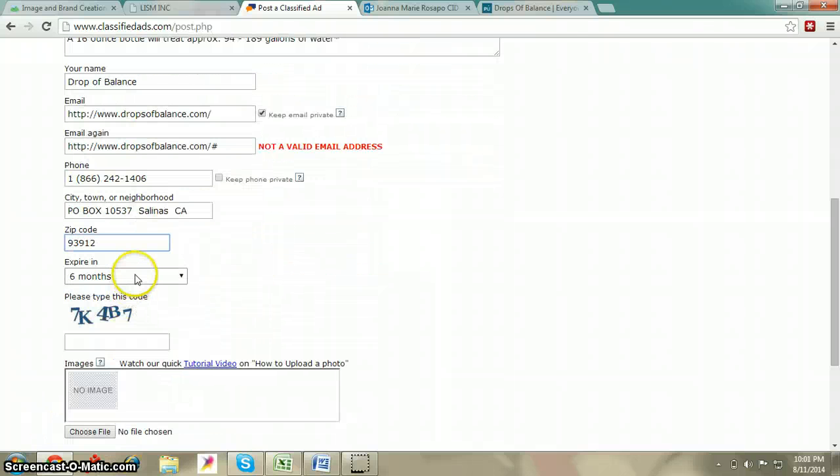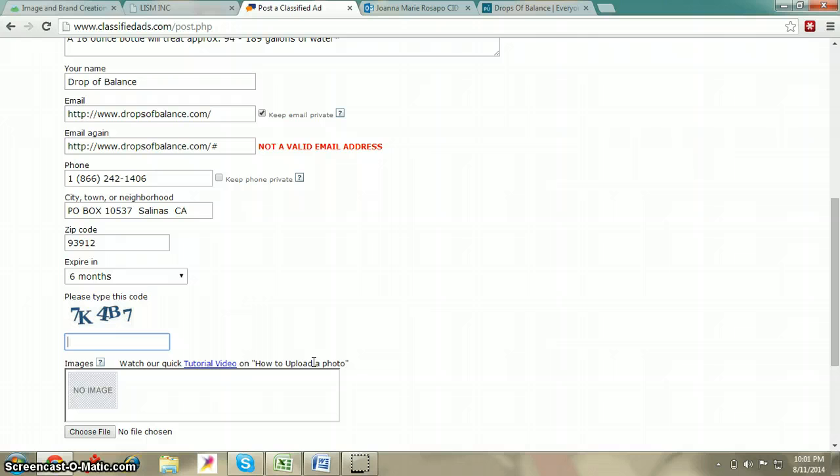Okay, so for expire in, there will be a drop-down box where you can choose how long you want your ad to be online. You can choose 1 week, 2 weeks, 3 weeks, 1 month, 3 months, 6 months, 9 months, etc. Let's choose 6 months for this. For the verification code, make sure that you enter the right code.